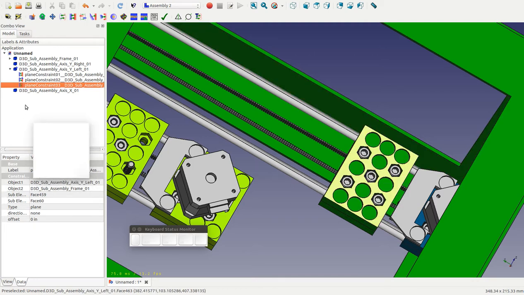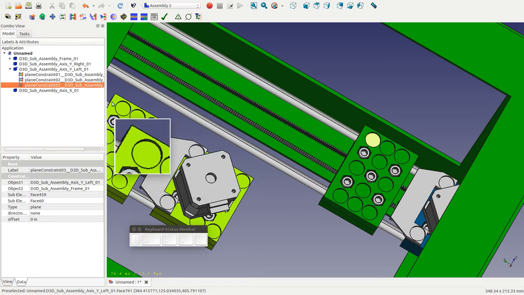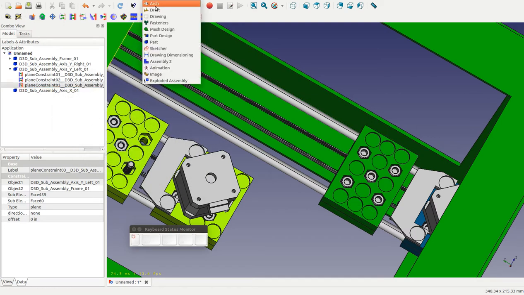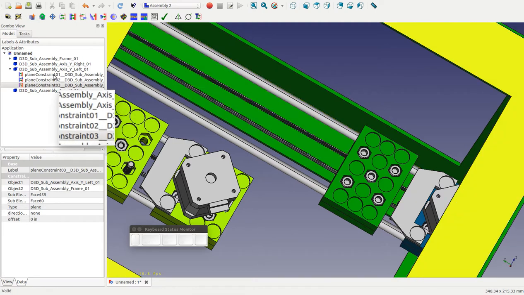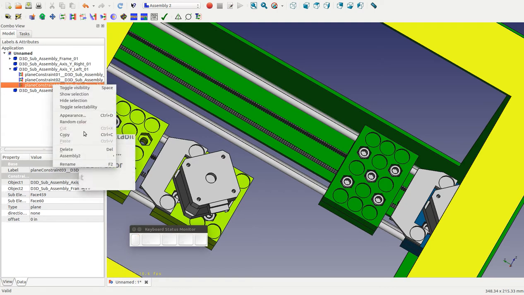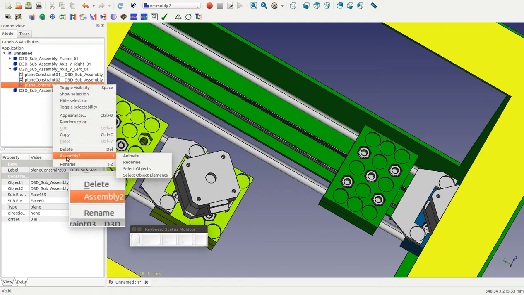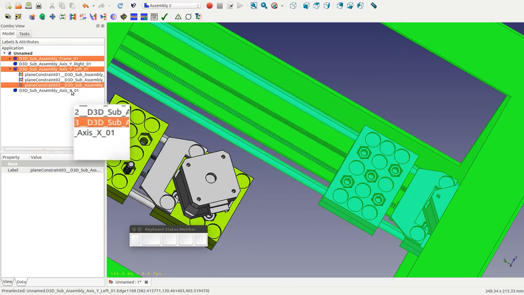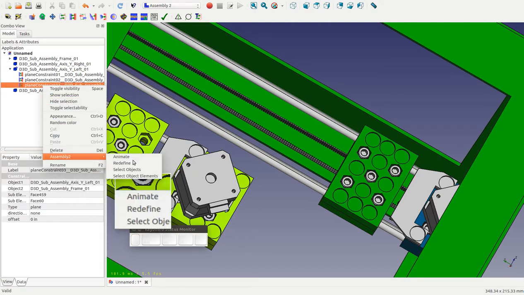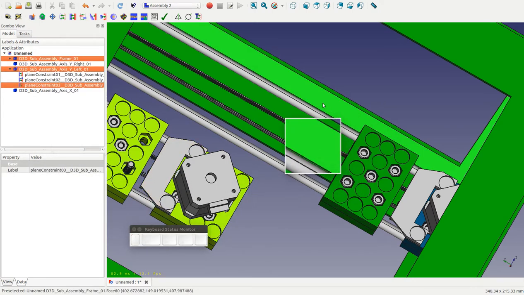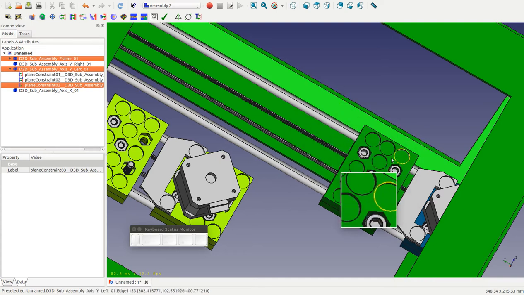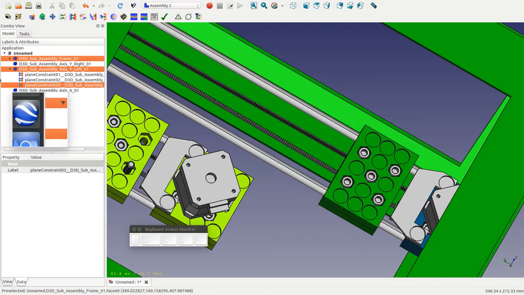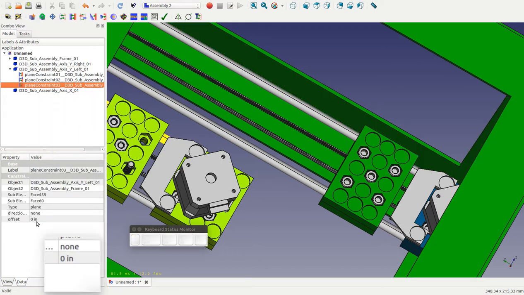by 1 millimeter. So if you want to edit a constraint, you can, as soon as you are in the assembly tool here, you can click on the constraint and right click, you have that menu and you can select objects, so it will show you which objects you used, or you can use the object elements. So you see this is highlighted and the top face of this carriage should be highlighted. So I know this is the constraint I want. Go here and offset it by 1 millimeter,